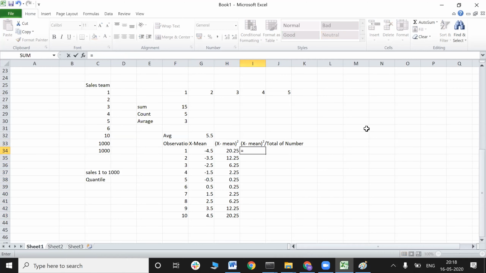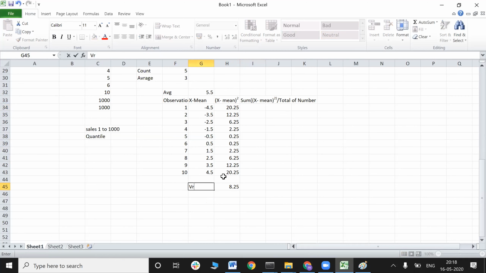I have to write sum as well. So I'll get the sum of all this divided by the total number of observations, that is 10. So this has become my variance in my data. I'm calling it variance because it is in the squared term. You can see it's a square. Now I don't want to see a variance.